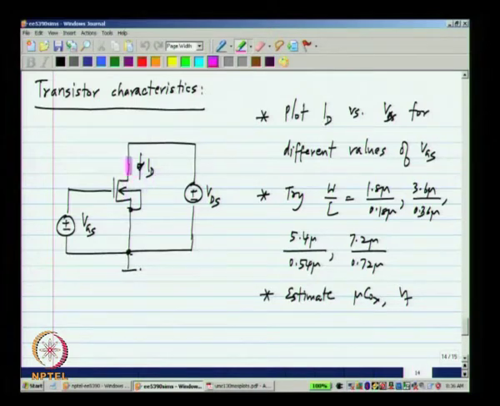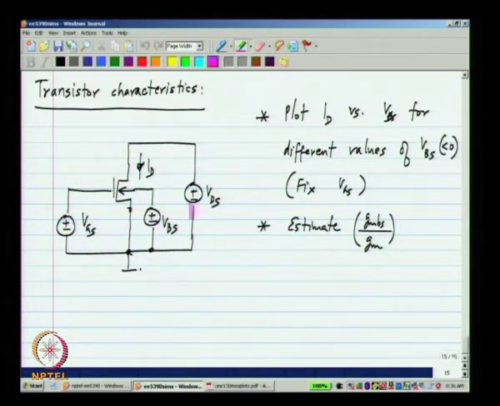And you can plot the transistor characteristics, okay, to get approximate values of let us say mu and Cox and the threshold voltage and so on. So, you can plot ID versus VDS for different values of VGS. You can also plot ID versus VGS. You have to choose which one to sweep, either VGS or VDS, and you try it for different W by L and so on. So, again this will first of all help you get used to the simulator, and also for the transistors you have, it will let you estimate the characteristics.